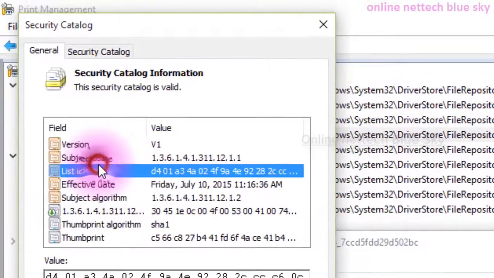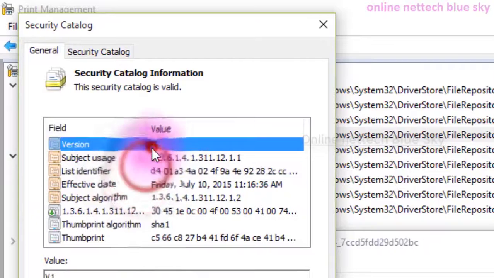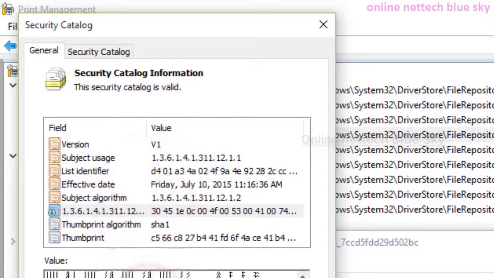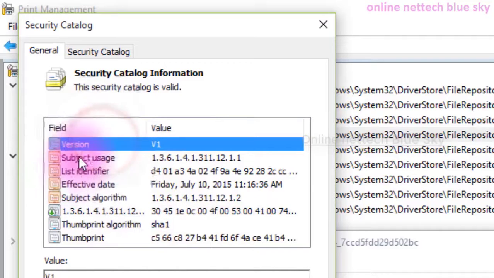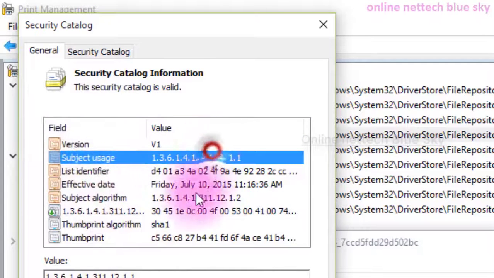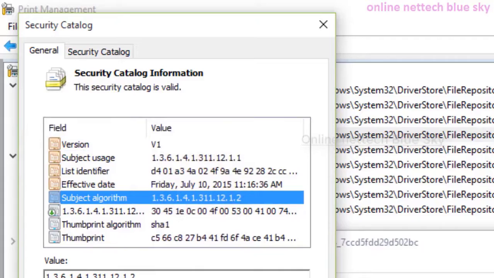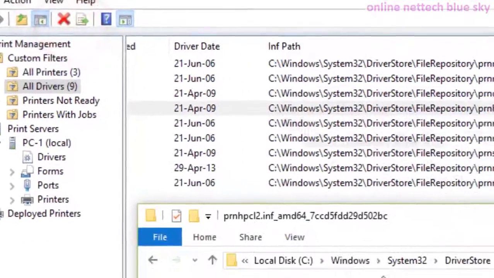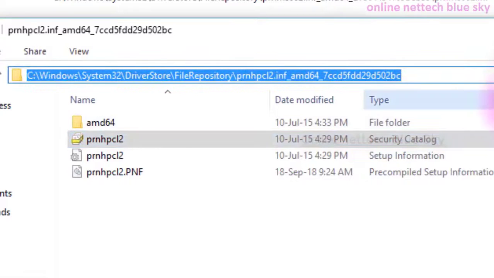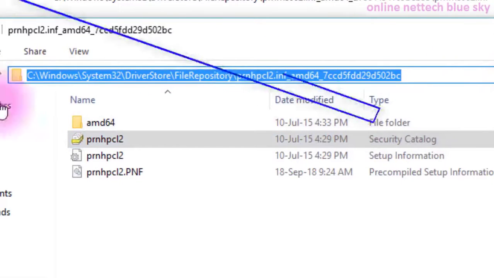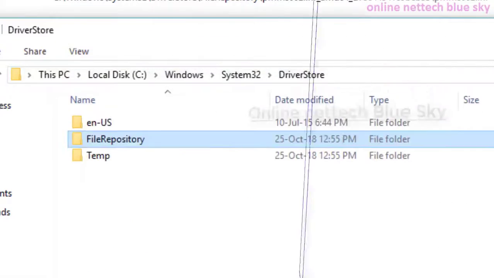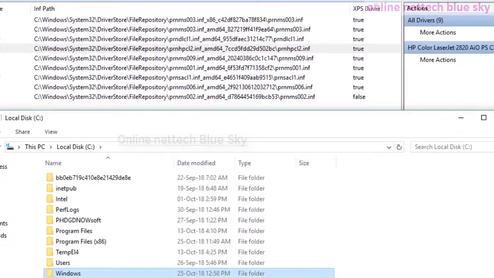It is a security catalog, meaning the security of your driver, how it works, and how it can affect and control any system. I already covered security in the last videos. These automatically affect this driver. This path is the address of your data locations.